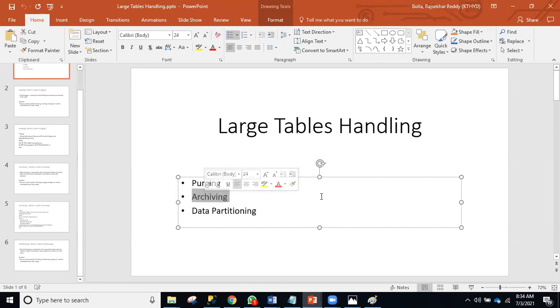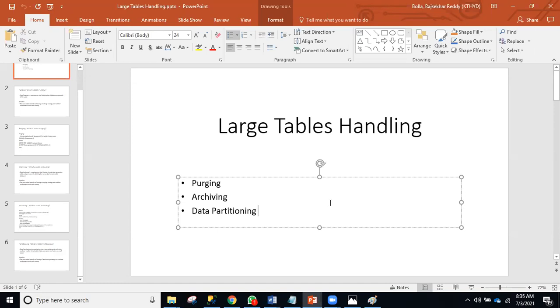Archiving. Archiving means the old data is really required as of now, but because you keep that data in the main table, whenever you run a query it is obviously slow because of the table size. So you can reduce the size of that table and keep the old data in some other table.